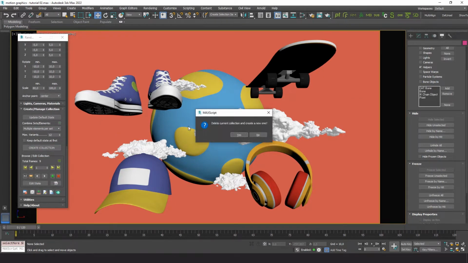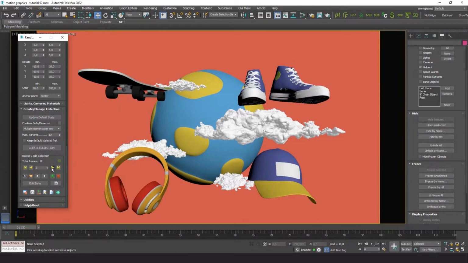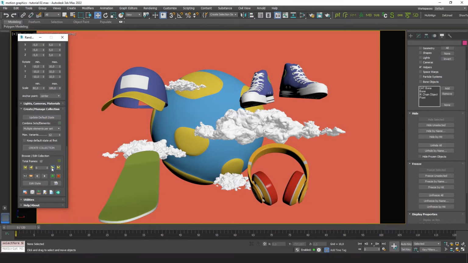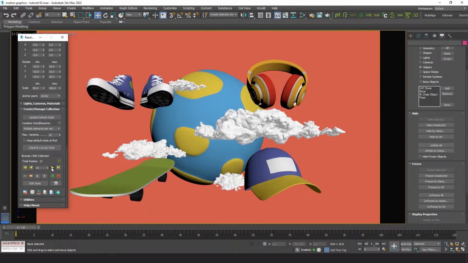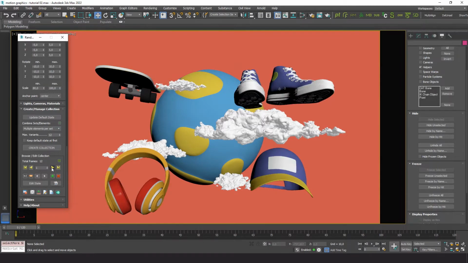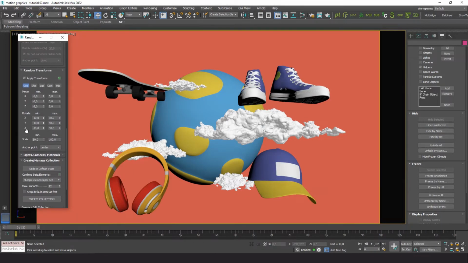Create collection again. This is getting better. Let's tweak the settings a bit more, to see if we can make it look more appealing.